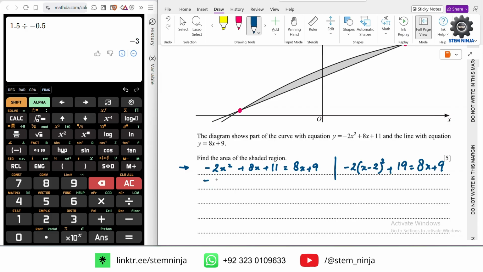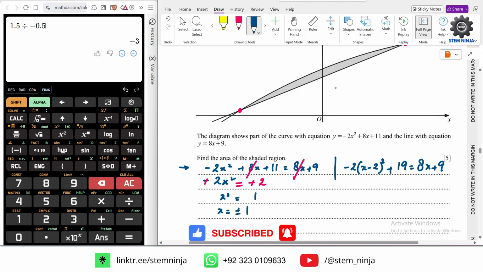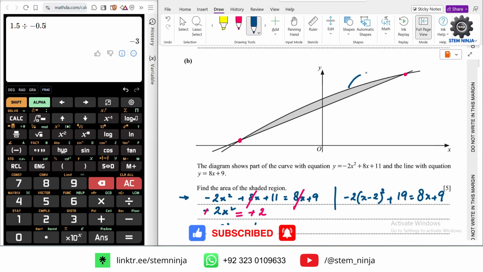Right, okay, so this becomes minus 2x squared. As you can see, 8x will get cancelled, and actually we can take 11 on the other side. 9 minus 11, that is minus 2. Minus minus gets cancelled. x squared equals 1. That means x is plus and minus 1. Okay. This is the quadratic function, and this is your 8x plus 9. So that means it's area minus area